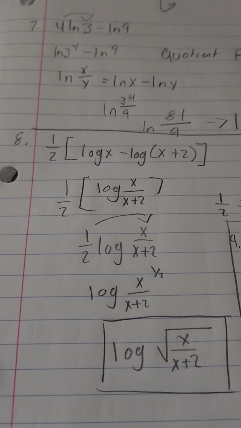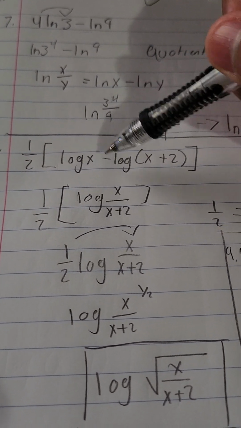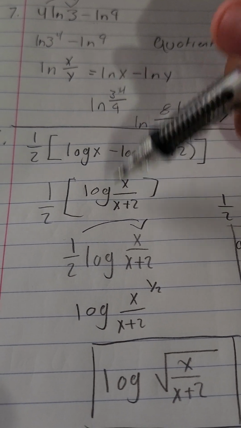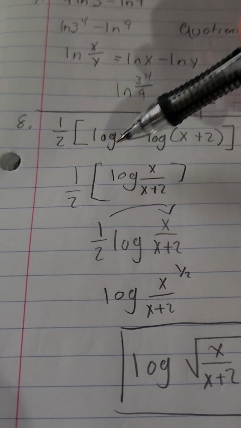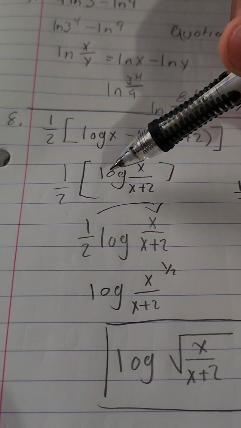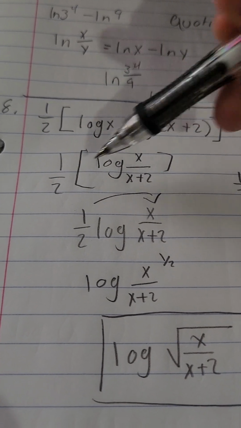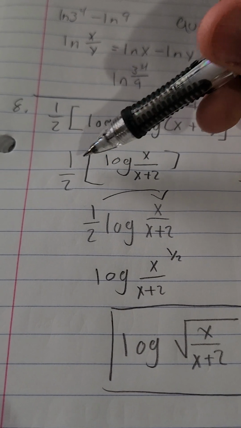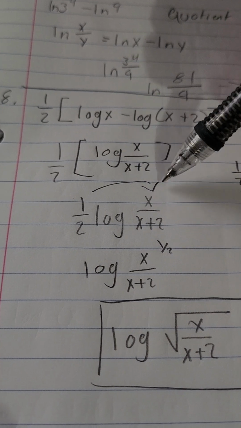Okay, number 8. We could do the quotient property like above, right? Again, because there's a negative sign, log x on top, then y on bottom, right? And we get left with this, and we get 1/2, right? So 1/2 times this, it would just go in the front, right? It's already in the front. Like if these were gone, it would be already in the front, right? This is like one whole number, so we don't have to distribute everything, just the whole thing at once. 1/2 log, move it to the top,